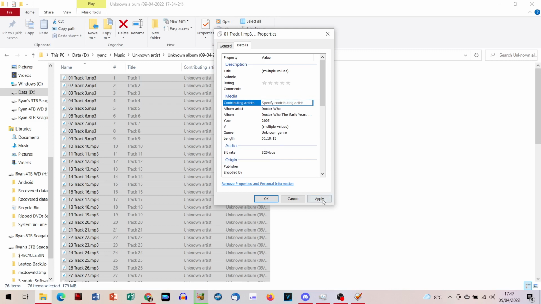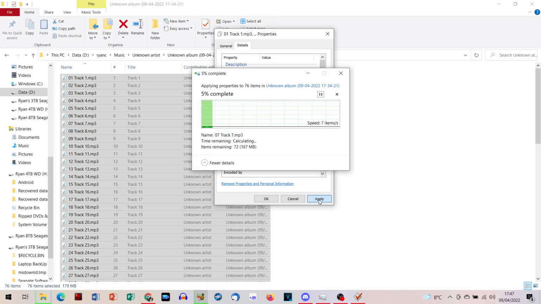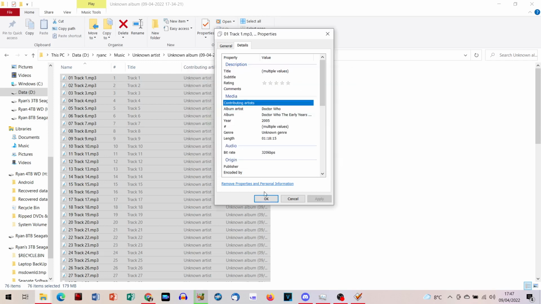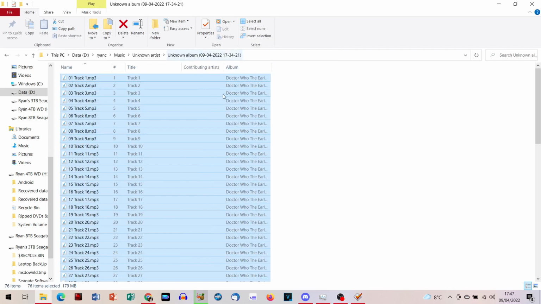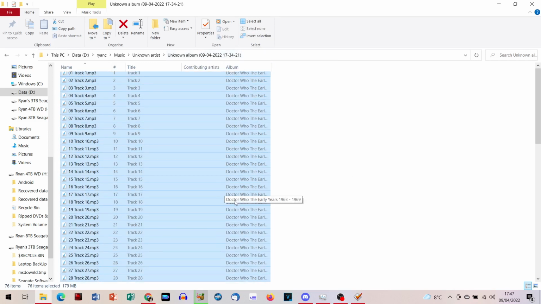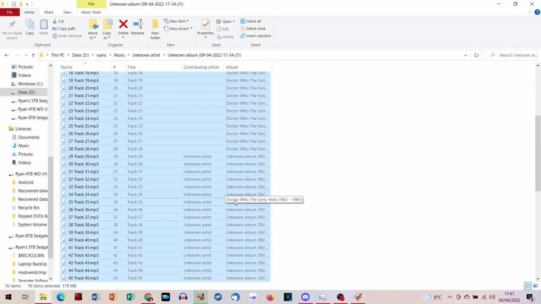And what we're just going to do is click apply, and normally this is instantaneous, but since there's so many tracks on here, it's having to go through all of them. And what that'll do is basically it'll now, once that's finished, click OK. And now what it says is the album is Doctor Who the Early Years,